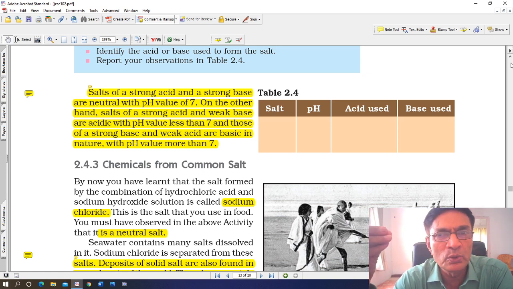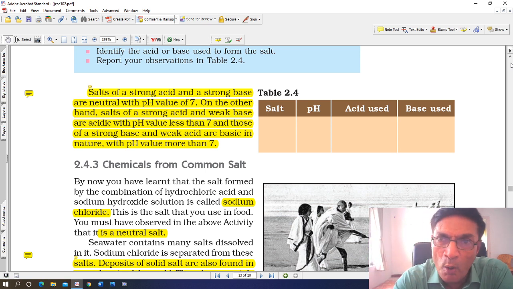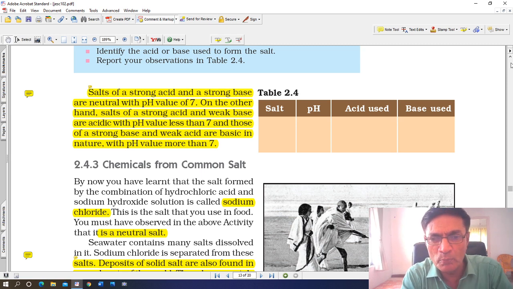If you have traveled to the sea coast, in many places, people actually obtain salt from sea water. They create bunds or small pits in which the sea water is allowed to collect. And over a period of many days, the salt water begins to evaporate, leaving behind salt in the mud. It is impure, it is mixed with mud, it has to be purified. But that is how salt can be obtained.